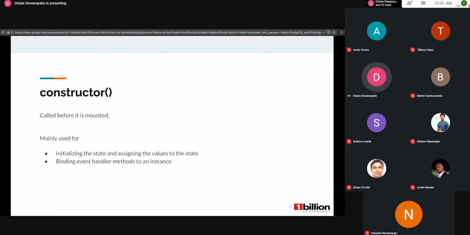The reason is, if we don't use the super call, then the React component functionality is not applicable properly, because when we write a React component, we have to extend from the parent class, React.Component. If we don't use super, the component does not get the capability of the parent class.